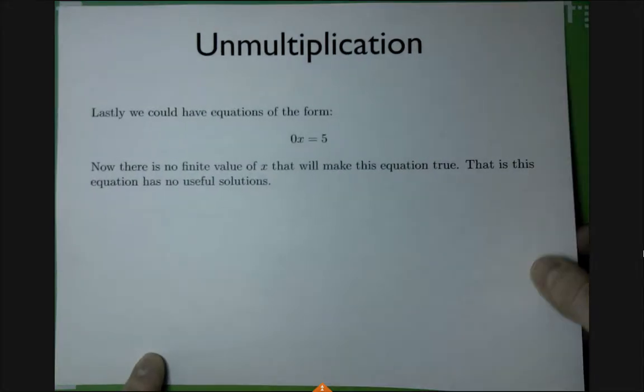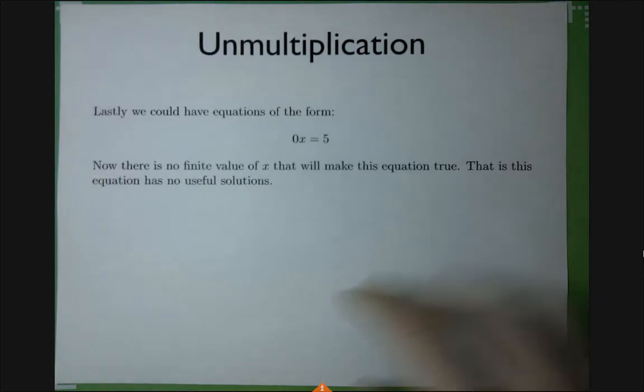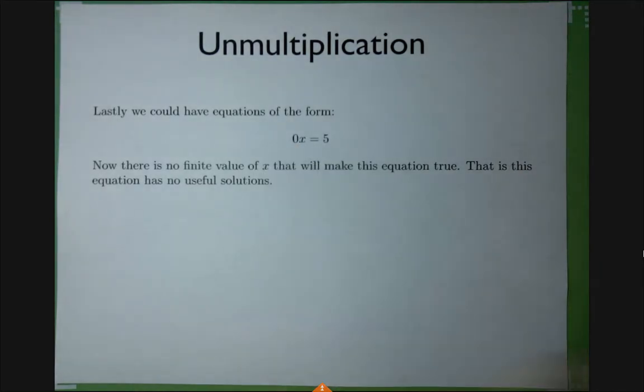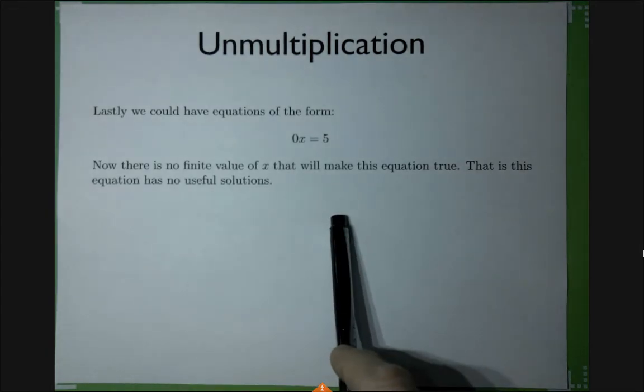And an even more interesting case is if the right-hand side is not 0. In this case, there are no solutions, right? Because if we want 0x = 5, no matter what we multiply with, we'll never get the 5, right? We'll always get 0. So in this case, no solutions, okay?